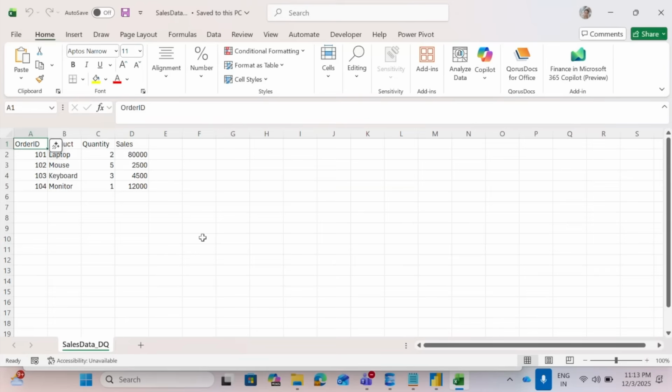Now we're going to see the direct query mode, which is one of the very interesting modes of connecting the data, in which the data doesn't get copied onto your Power BI desktop. However, every time you interact with the visuals, like clicking a bar or a slicer, Power BI sends a live query back to the source.